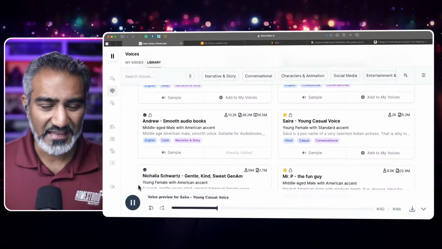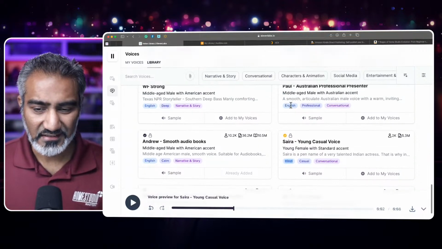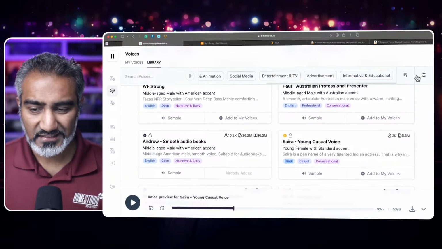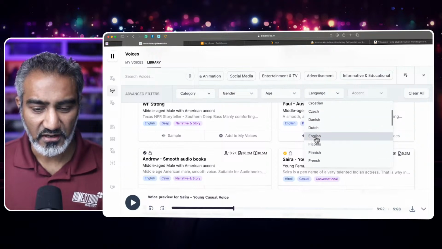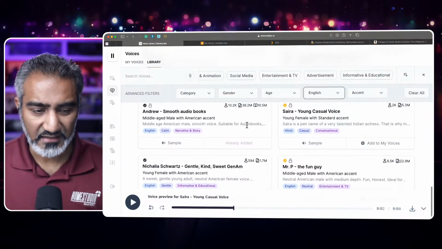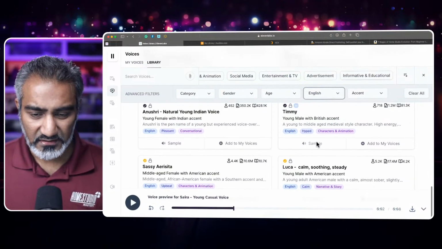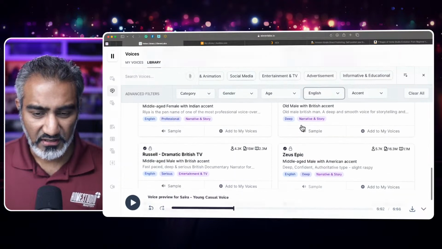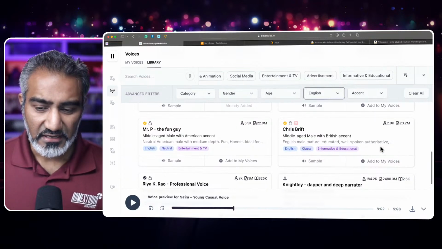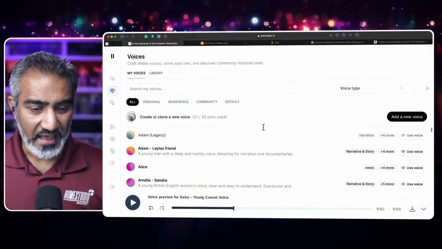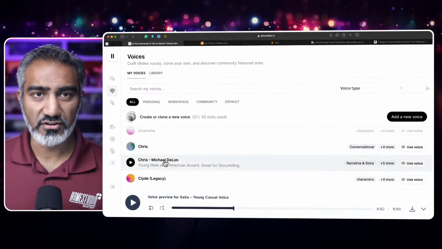And it's actually in Hindi, and you can see this language over here. You know, it's in Hindi. This is in English. So you can also isolate. Hey, I want to filter out and just give me English language narration, and in that way you can pick the right person. And for example, I say English, so it's gonna update here. And now I see all of these voices down here, so I can listen to these guys. So what I did is I was like, oh, let me go ahead and add some voices in here. I selected some voices to use for some of the people that